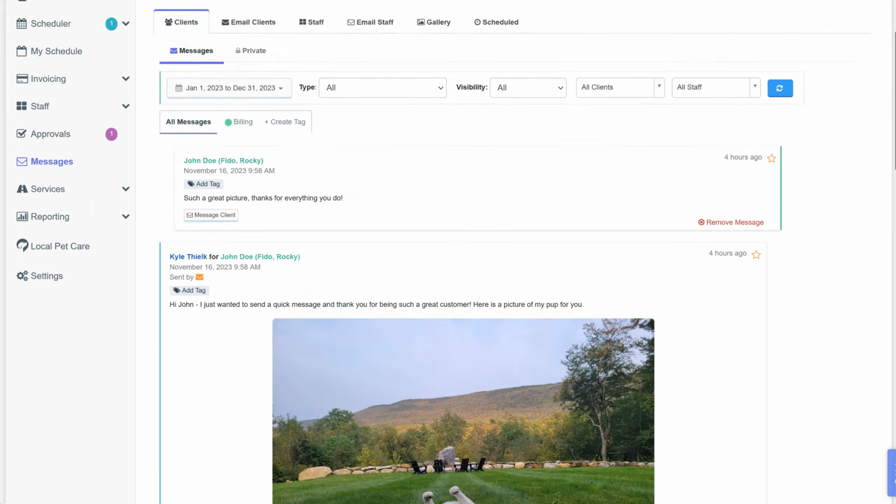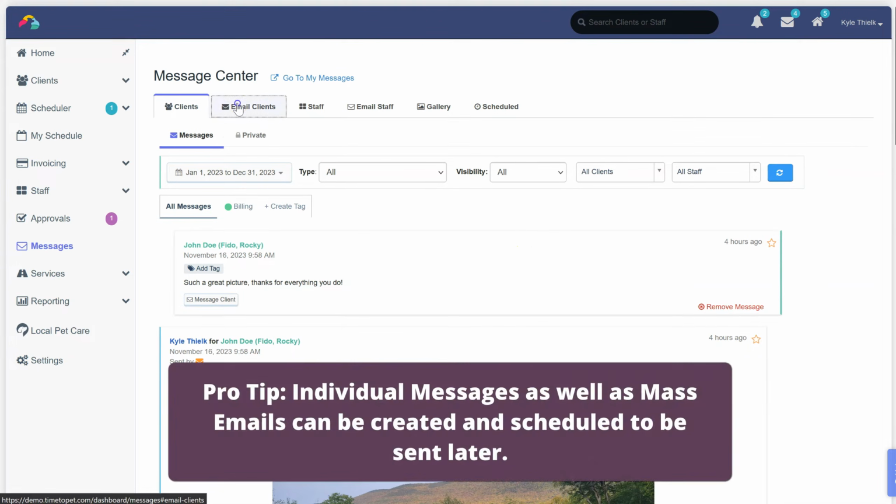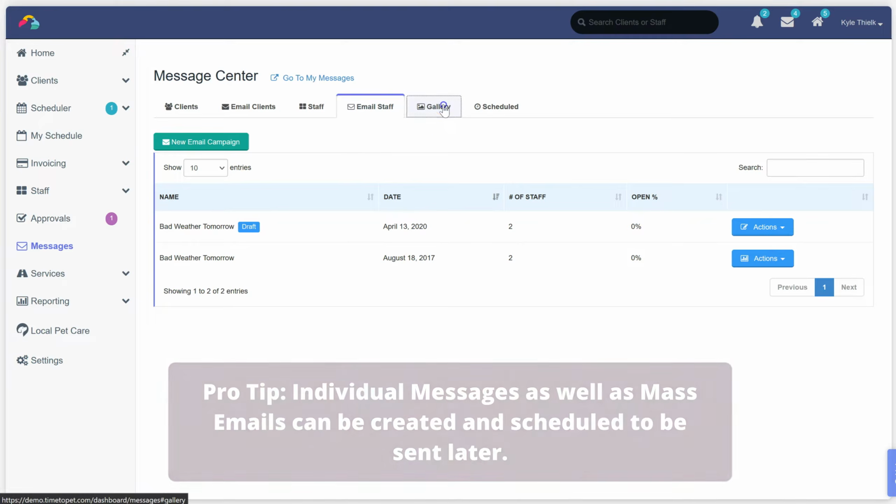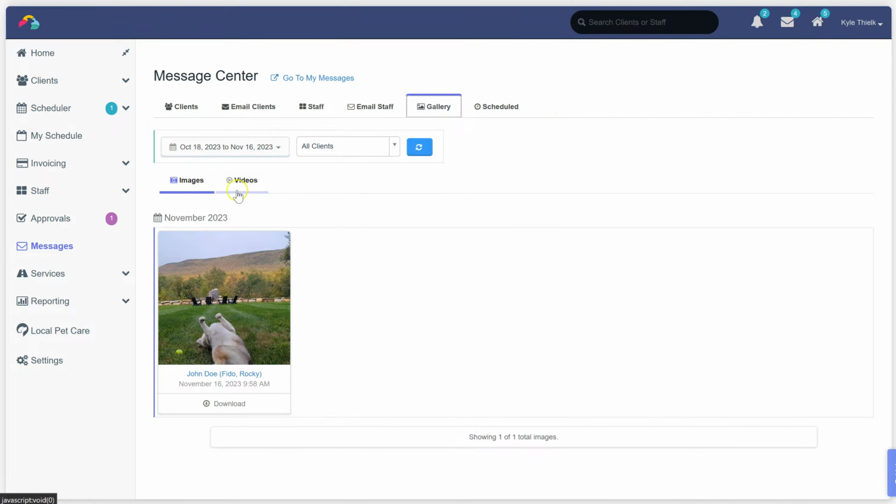Messages also allow you to create and send mass emails to clients, as well as staff members, and you can view and download all of the images or videos that your staff members are sending in the gallery. This is a great way to find awesome social media content for your business. Let's now go ahead and jump to the